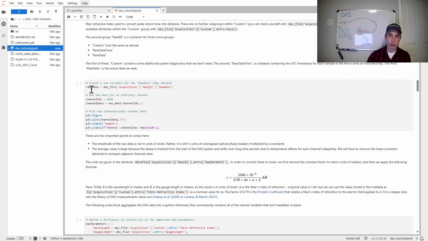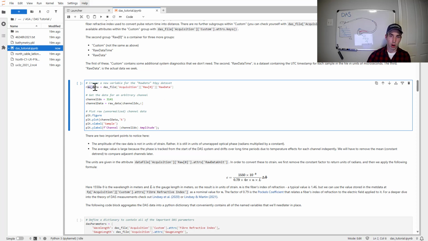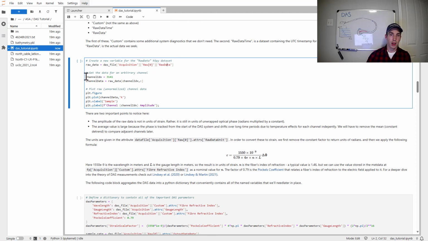So what we have here is, first, we're just going to pull some of the data in and plot it. We're going to do raw data here, which pulls from the acquisition group, then from the raw subgroup of that, and then this thing here, raw data, which is an actual set of data. So we're going to point to this and pull the data out of the H5 file, and then plot just the time series for one arbitrary channel. There are tens of thousands of channels here. We're going to pick channel index